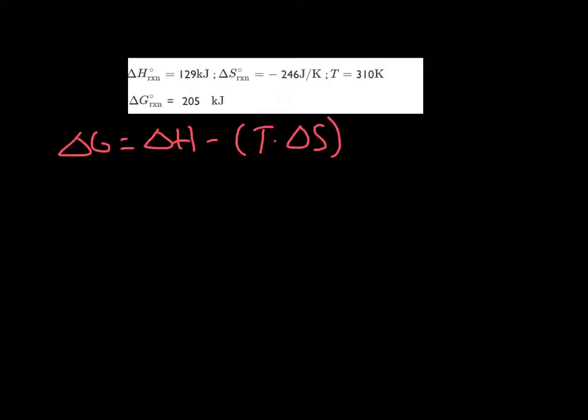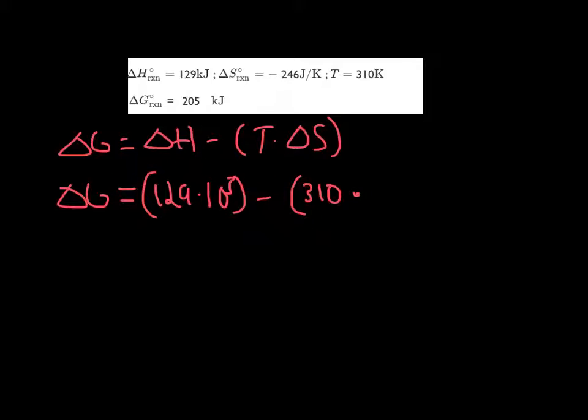Well, let's find out. Delta G equals the delta H, which I will be converting in my calculations, 10 to the 3, minus the temperature of 310 Kelvin multiplied by the entropy of negative 246. When I did the math out, I got a value of around 205